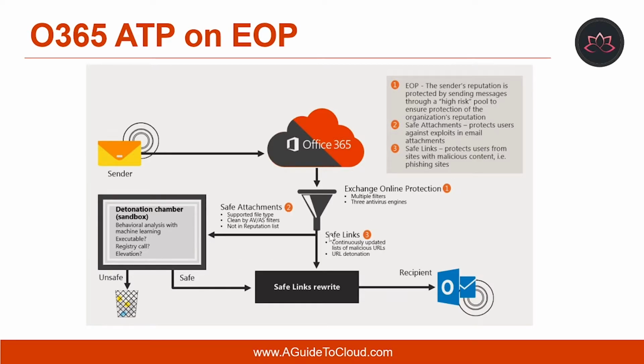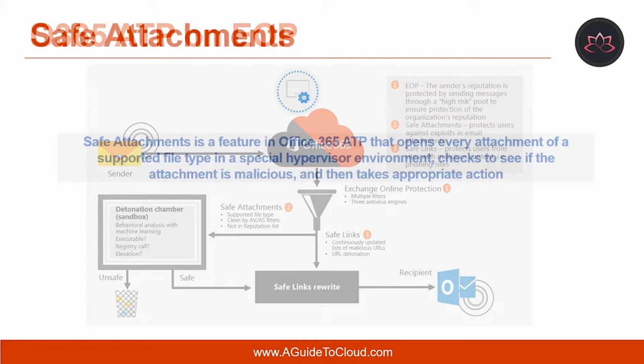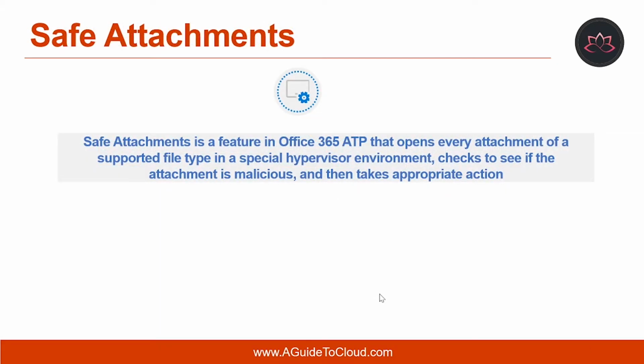The next stage is safe links. In this stage, it checks any URLs that are embedded in the message body by validating them against a list of URLs that are known to be malicious. If URL detonation is enabled and a link that is embedded in a message or attachment points to a file on an external web server, Safe Links downloads the file to the sandbox environment where it is analyzed in the same manner as a suspicious email attachment. This is an example image which shows what happens as mail flows through Exchange Online Protection and the ATP anti-malware pipeline.